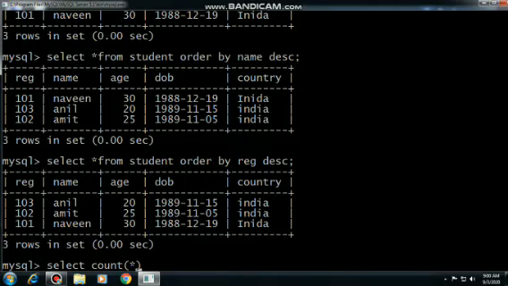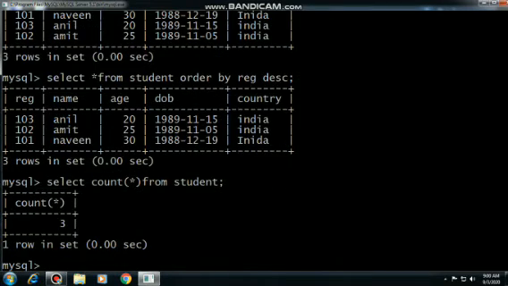You can also write the column in which you feel there should be a value, like the registration number. Suppose in the registration number we have applied the primary key, so you can write the registration column here, because you know very well the registration column cannot be empty if we are applying the primary key. Now write from your table name, that is student, semicolon to terminate the line, press enter. Now there are 3 records.